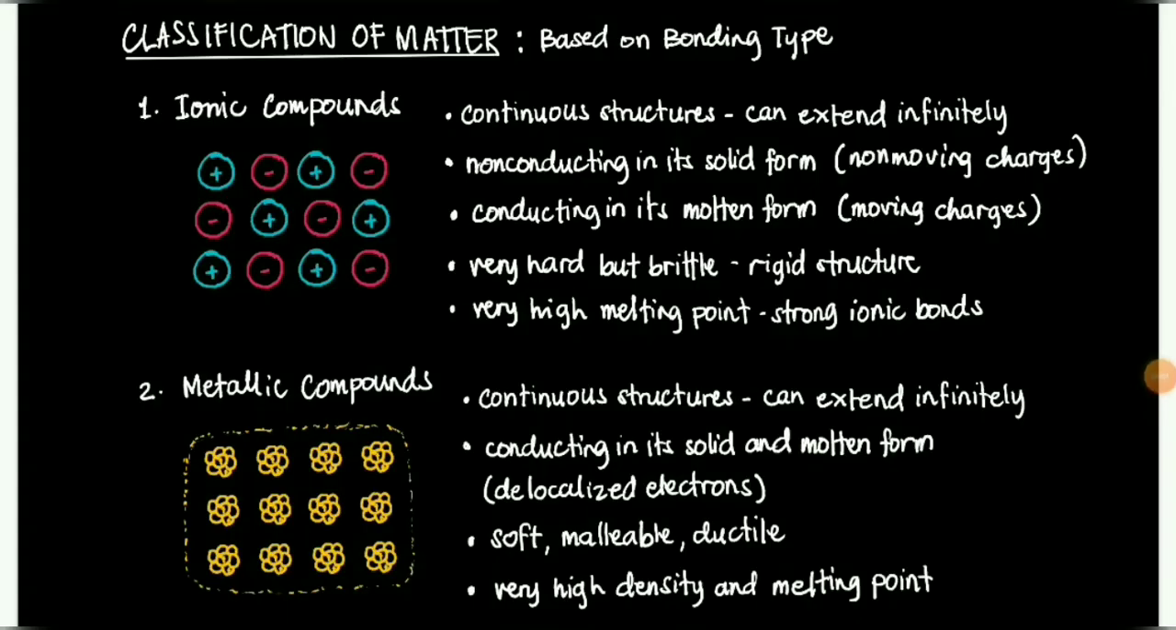So finally, we have the classification of matter. This classification is based on bonding type. For the first one, we have ionic compounds. Yung ionic compounds, okay, they are continuous structures. Ionic compounds can extend infinitely in all directions. Pwede ma-extend yung structure na yan basta meron kang enough amount ng positive and negative charges or cations and